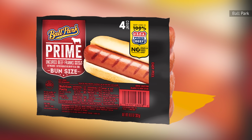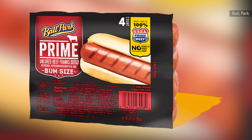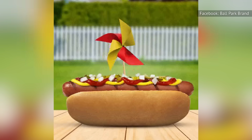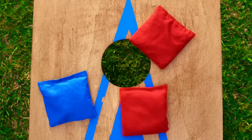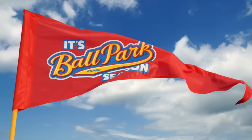First up, Ballpark Prime Uncured Beef Franks, which actually aren't completely bad. They're made with 100% USDA prime beef and have no added nitrates, byproducts, fillers, or artificial flavors or colors, but there are also several ingredients that are far from natural. They're there for flavor, preservation, and texture. Understandable, but their presence also means that these dogs aren't as minimally processed as the label might lead you to